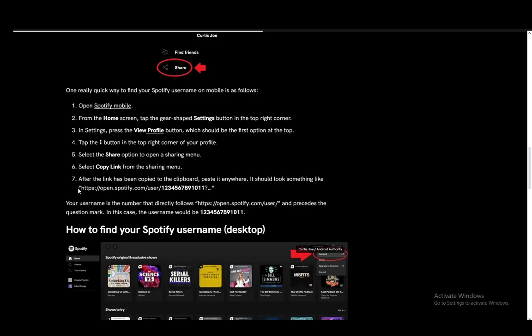Once you paste it, you'll see something like this, and the last segment, everything before this question mark here, is your username. So in this case it will